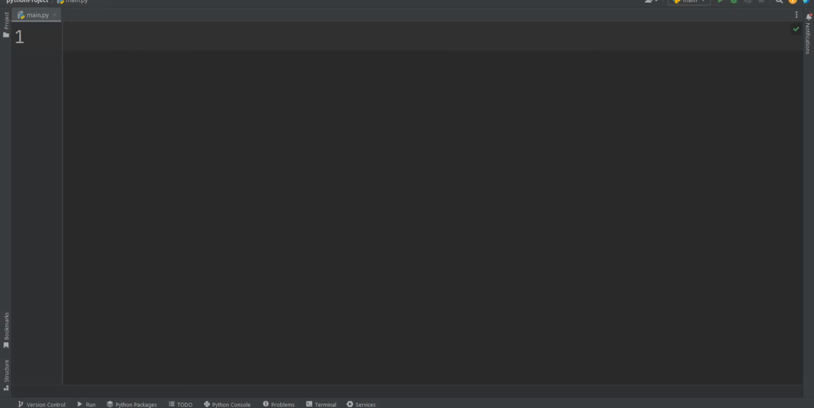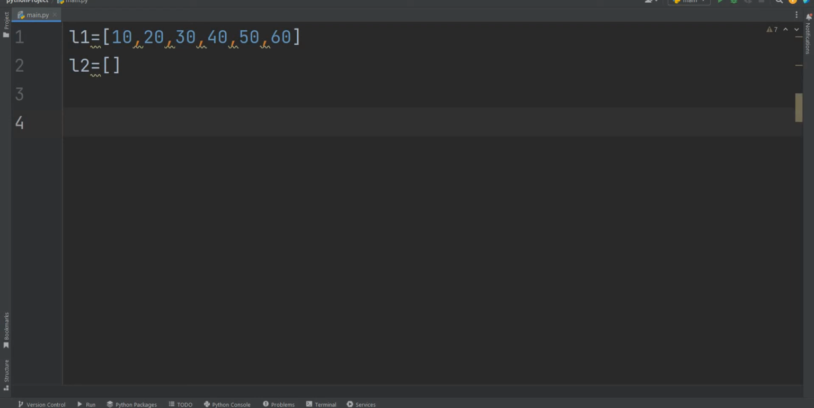So let's do the coding. First, we need to take one list with some values as I have shown you in that example. Let's take some values. Then we have to take one empty list. So